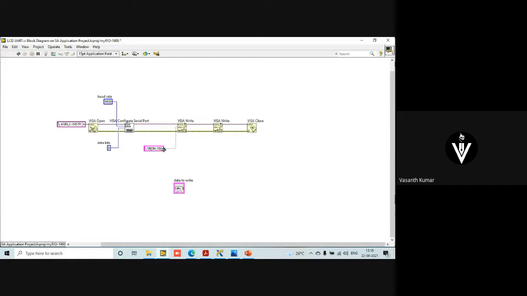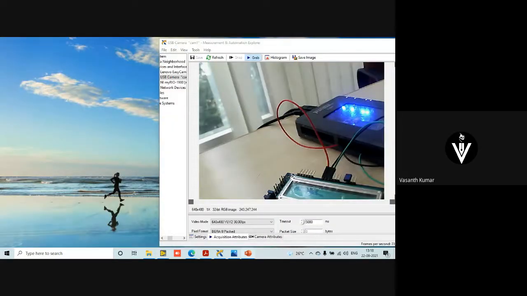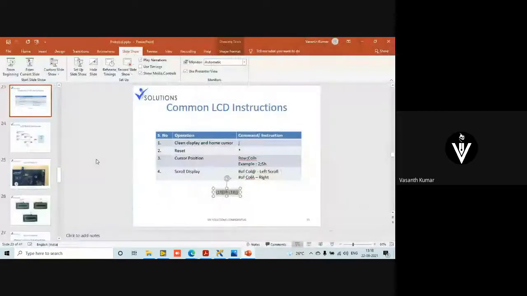And then this data from here to here, if you want to write it continuously, use a while loop. That is it. Okay. Use a while loop, it will work. This is one method of doing it. I'll quickly come to the I2C people.